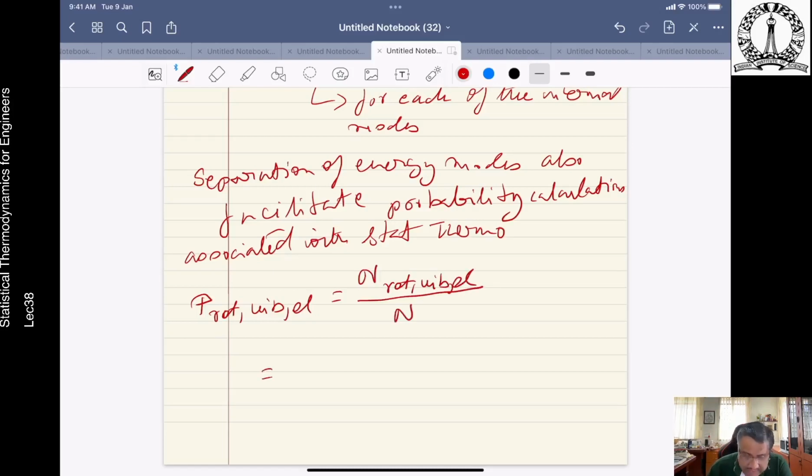This translates to g rotation, g vibration, g electronic, divided by the corresponding partition functions, Z rotation, Z vibration, Z electronic,